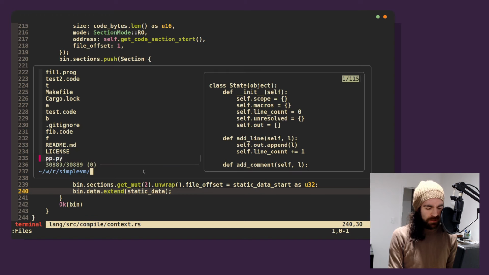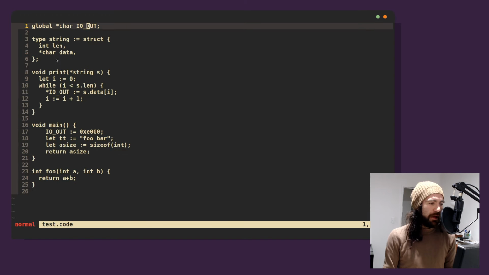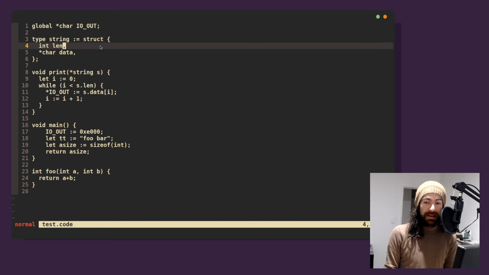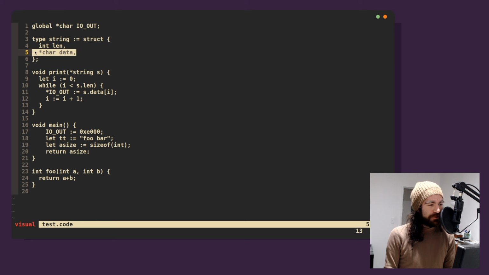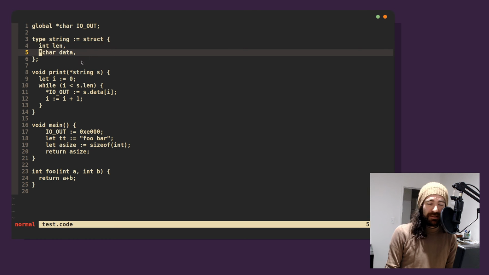If we have a look at our test program, we've defined a string type that has a length and some character data. Now, actually, this isn't quite right either. What we really want is that this isn't a pointer to character data, this is character data.